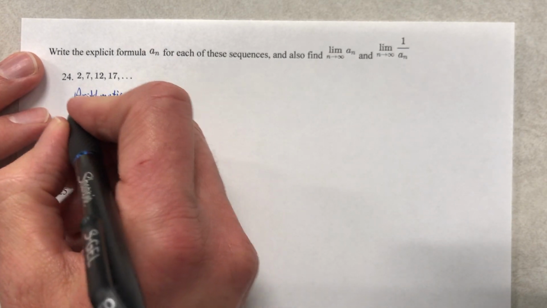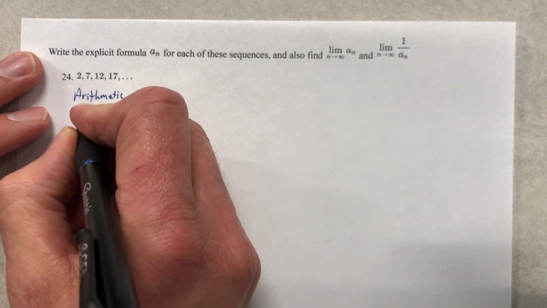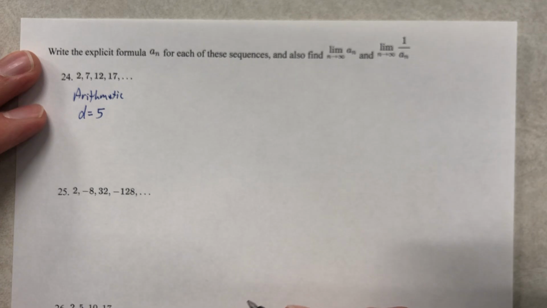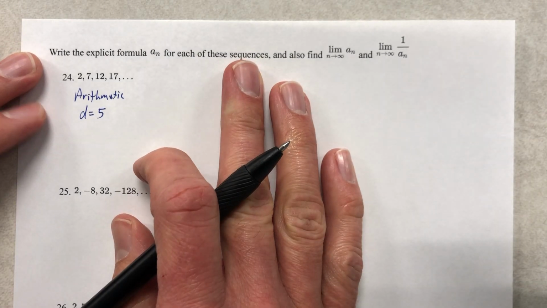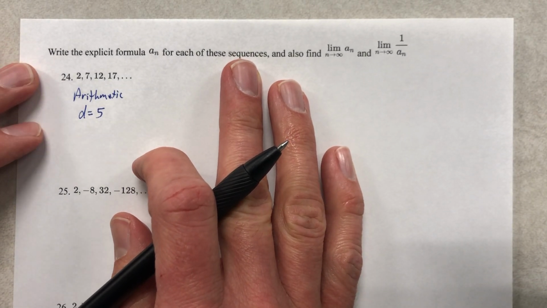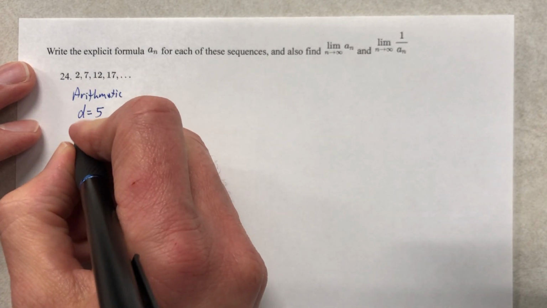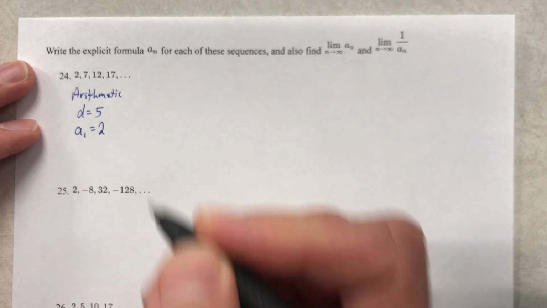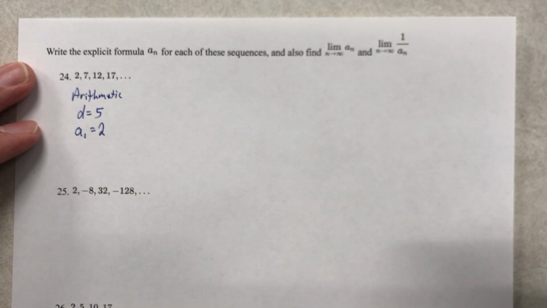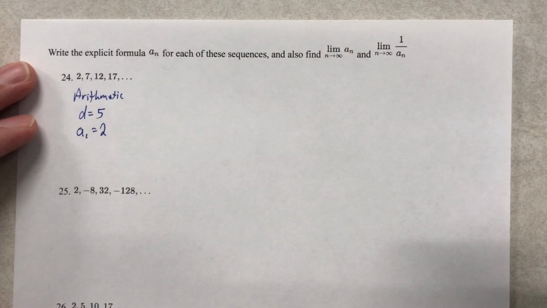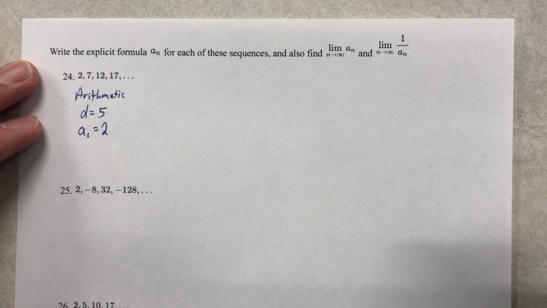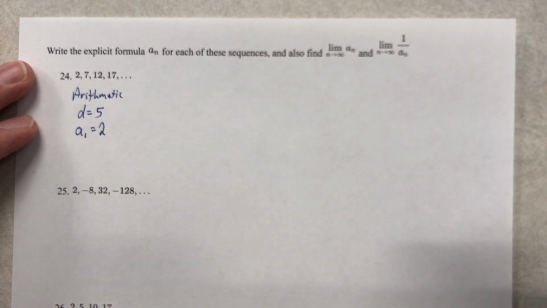And what I want to identify, first of all, is that we're adding 5. So the common difference is 5. D is the variable we use for that quite frequently and most commonly because D stands for difference. And also, I want to identify that the first term is 2. And that's just good to know. So if I wanted the explicit formula, I could use the formula that was given to you in a previous video for an arithmetic sequence,